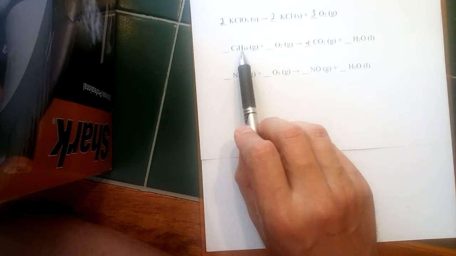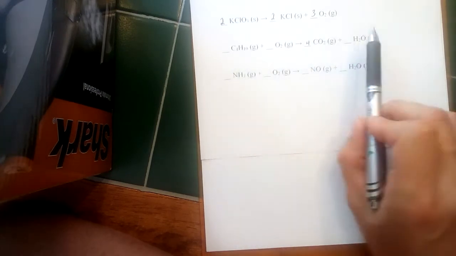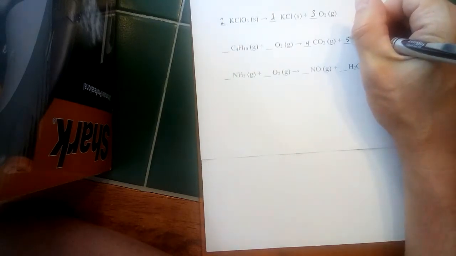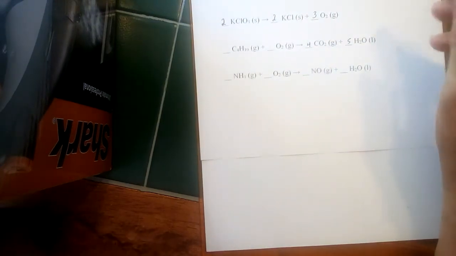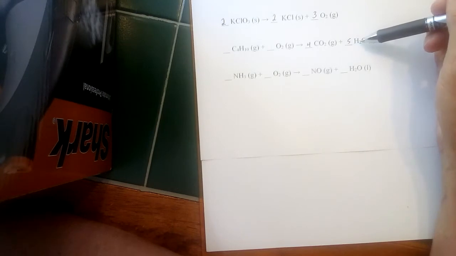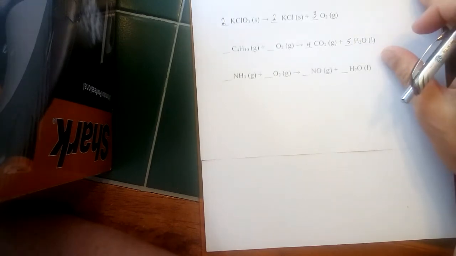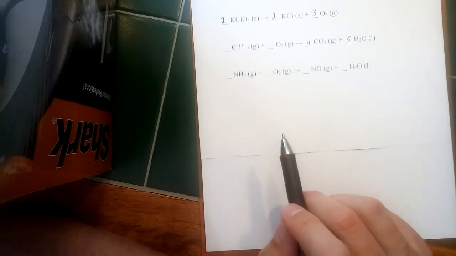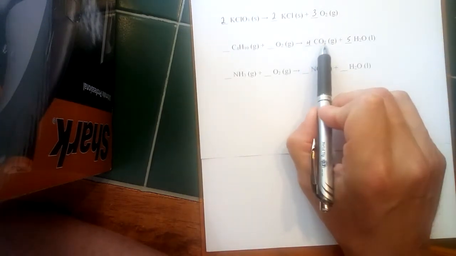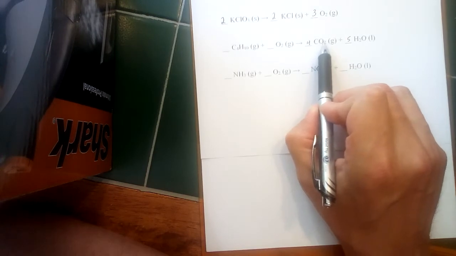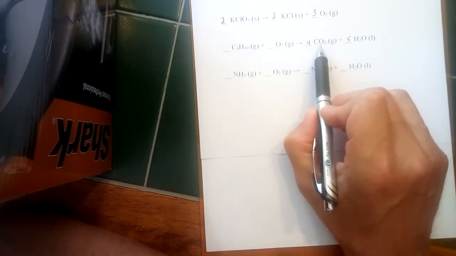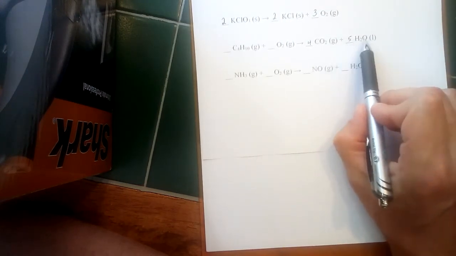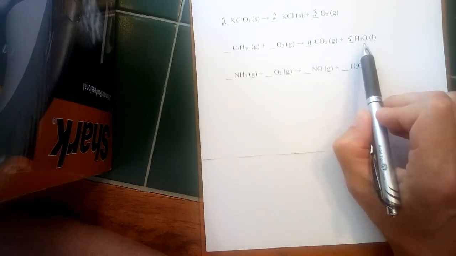Next is hydrogen. There's 10 hydrogens here. There's only 2 over here on the product side in water. So I can get to 10 by putting a 5 in front of the water. So 5 times 2 is 10 hydrogens over here on the product side. So I'm good with carbon and hydrogen. Now I just need to look at oxygen. If I have 4 molecules of CO2 and there's 2 oxygens in each CO2, that would be 8 oxygens, 1 oxygen in each water, but there's 5 waters. 8 plus 5 is 13